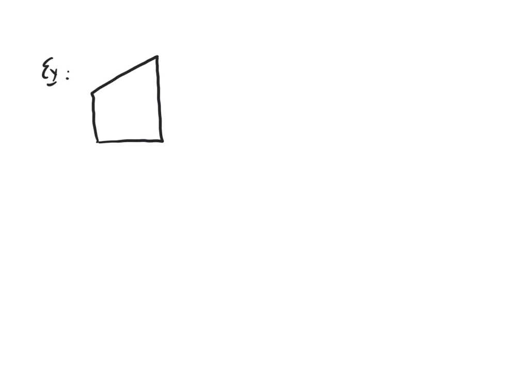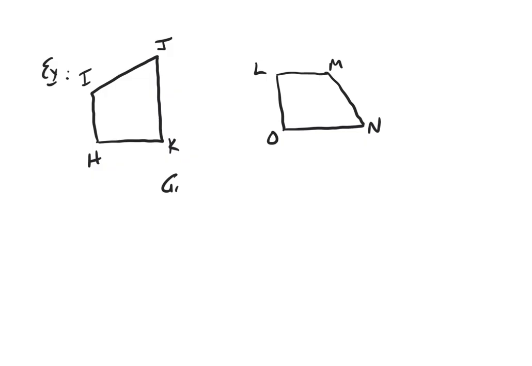All right, and I'm going to call this one H, I, J, K. And then I'm going to draw a second here and call this one L, M, N, O. And instead of using tick marks to show you which sides are equal and which angles are equal, instead, what I'm going to give to you, tell to you,